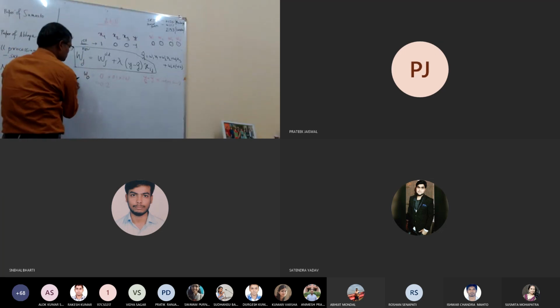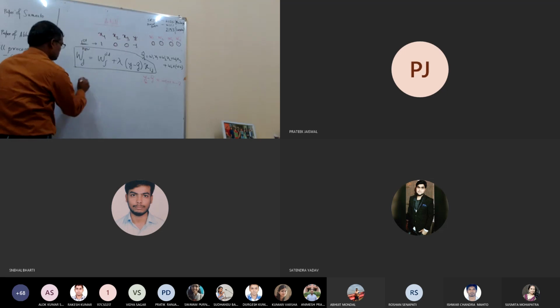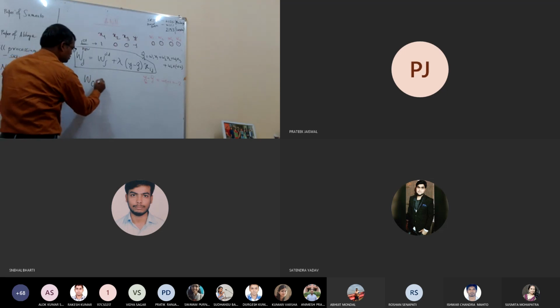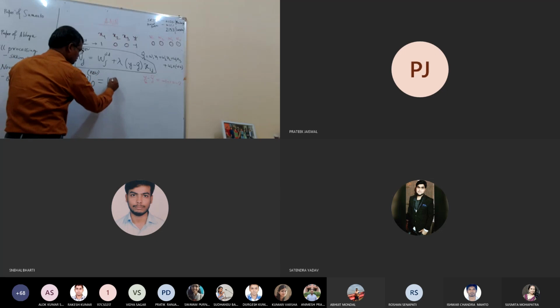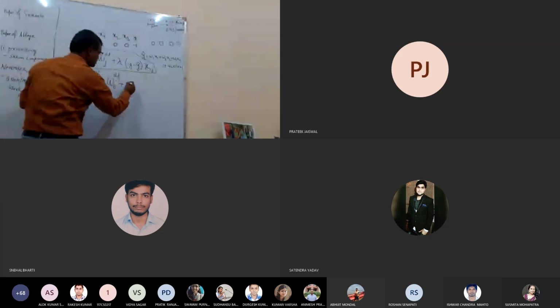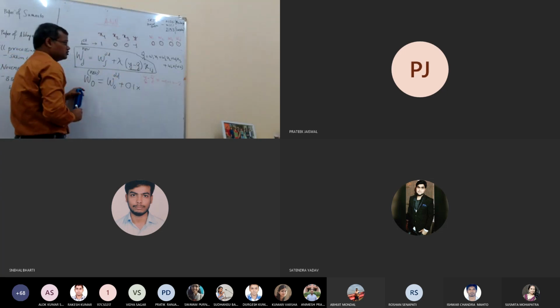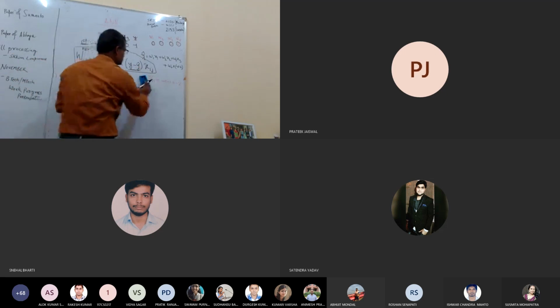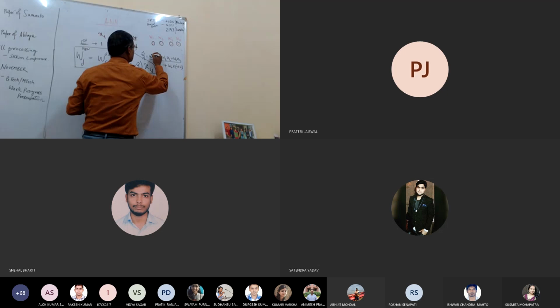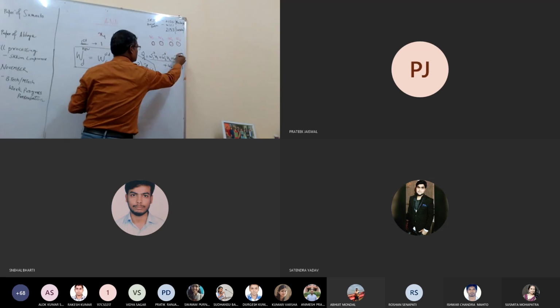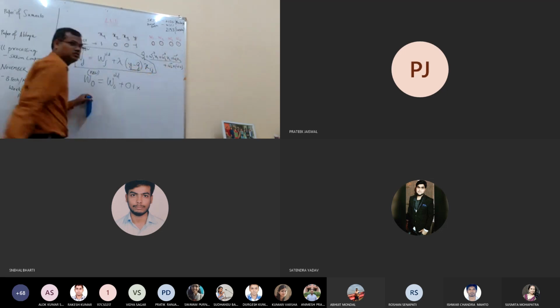So W0 new value equals the W0 old value plus lambda, 0.1, into this value, which you need to compute here. All these values are 0, so all will be 0.